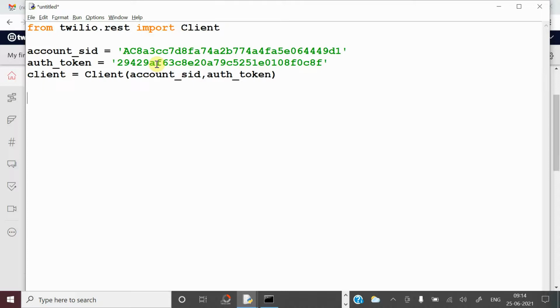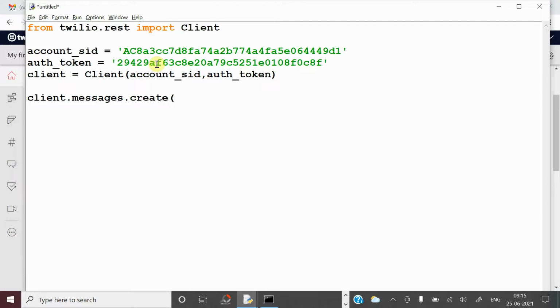Now after doing this, you have to send a message. For this, you have to call a function by using the client object: client.messages.create.